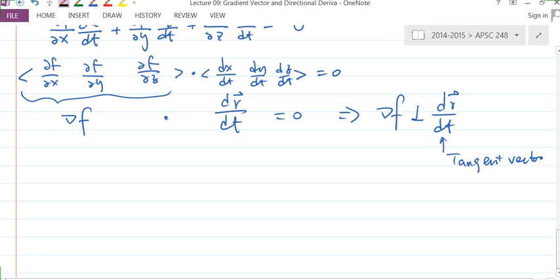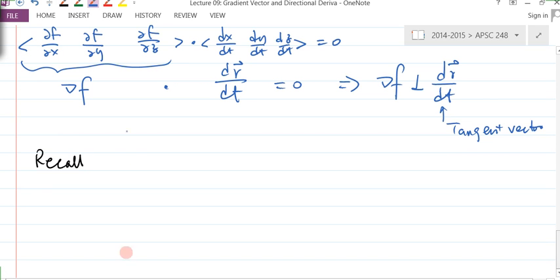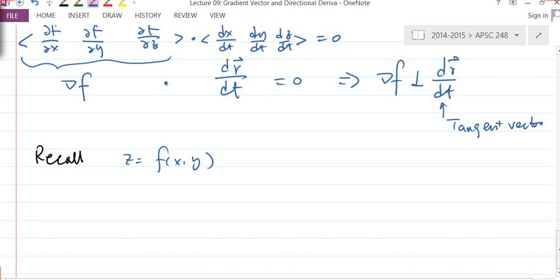If you recall, for z equal to f of x, y, I'll give you a slightly different surface later, but for this one here, we said we can use a plane to approximate this surface. So at a certain point x naught, y naught, we can use a plane z equal to f of x naught, y naught plus